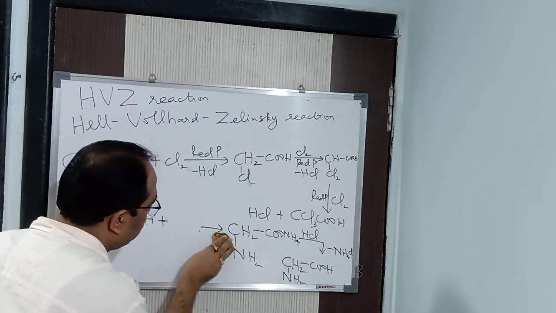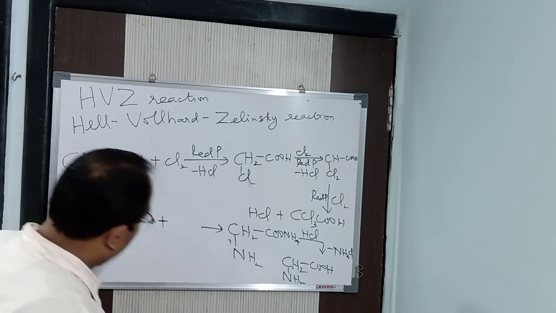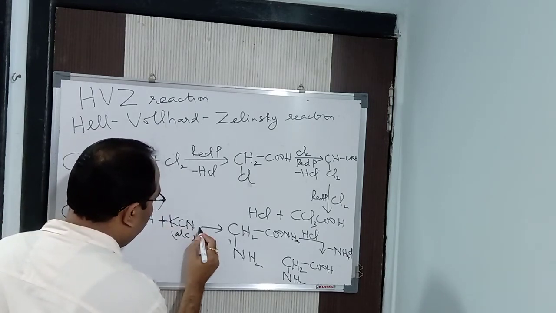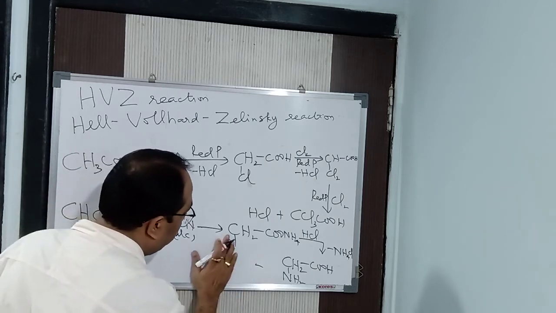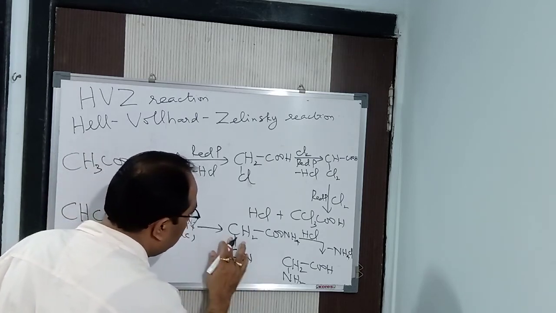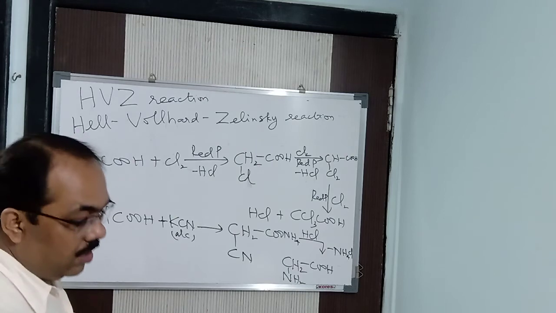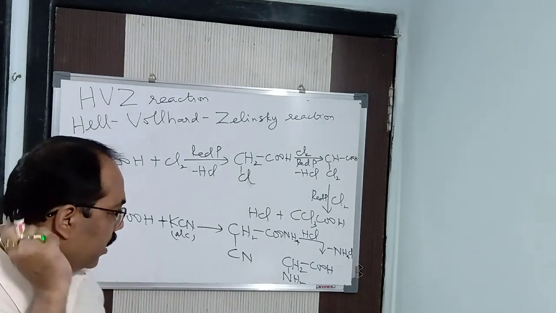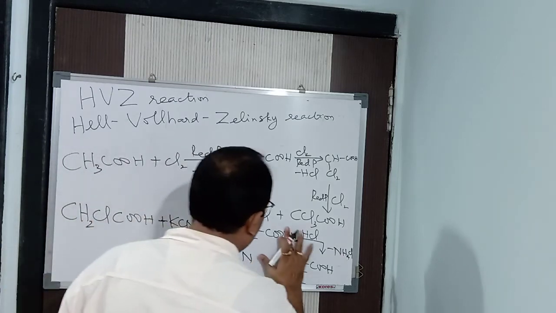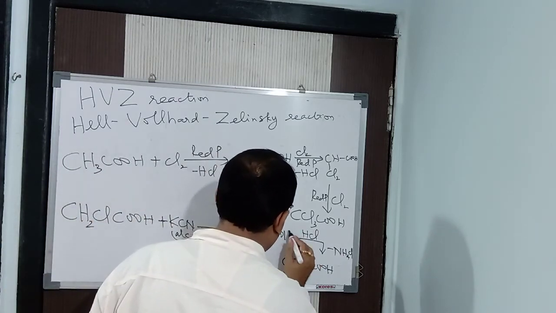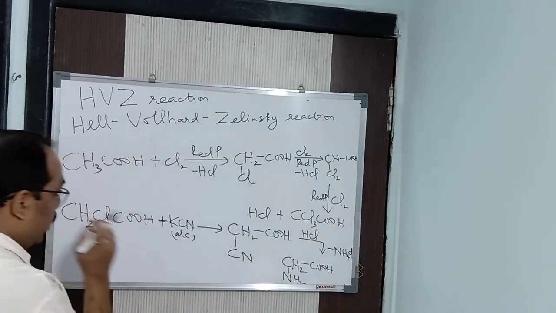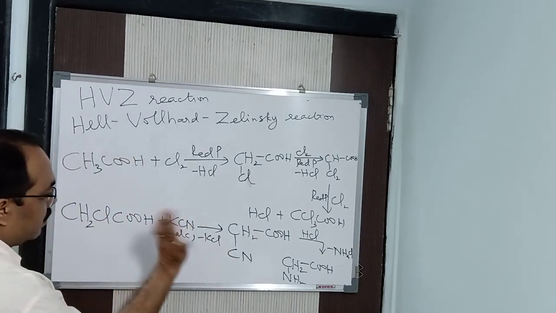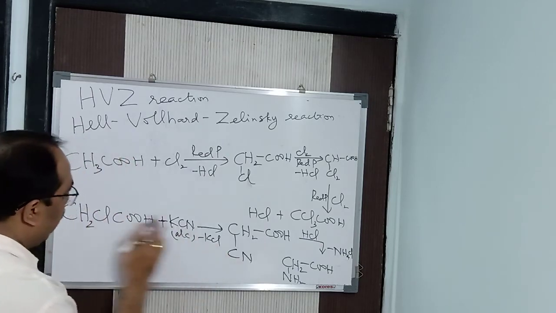Here let me take KCN. See here, so many we can do it. KCN, alcoholic. Alcoholic is the medium, we can say that. So here you will be getting CN. And hence here what you will be getting? It will be COOH, and KCl, you will be getting it here. Cl and K, KCl, you got it. So CN is being added, replaced by Cl.